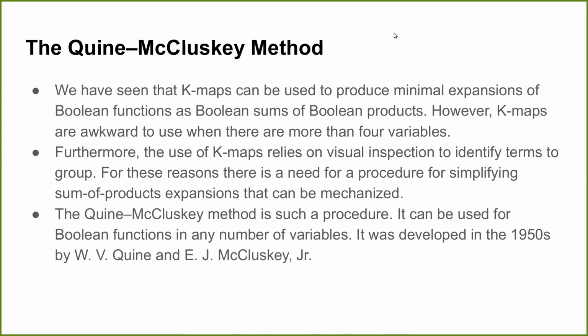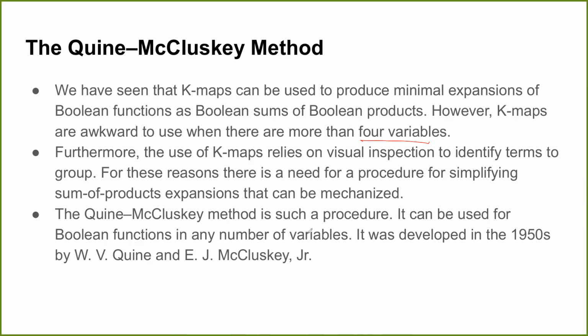So let's move to the next method of Boolean circuit minimization, which is known as the Quine-McCluskey method. As we saw, K-maps were good as long as your variables were few. But as soon as the variables increase, even for 4 variables, the grouping becomes a little tricky, because in K-maps you have to rely on visual inspection. You have to visually inspect which terms are identical or adjacent and group them up. That's why there came the need to automate this process of generating the sum of products expansion, and that's where the Quine-McCluskey method came in.